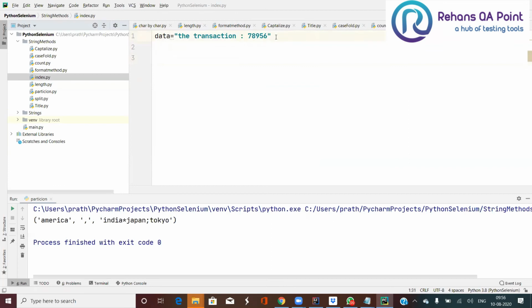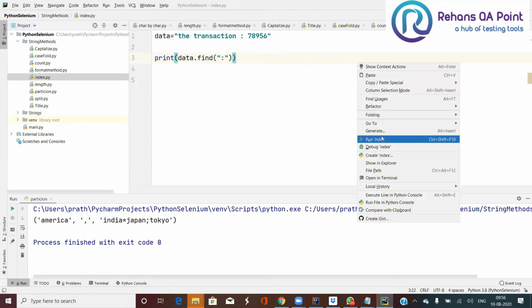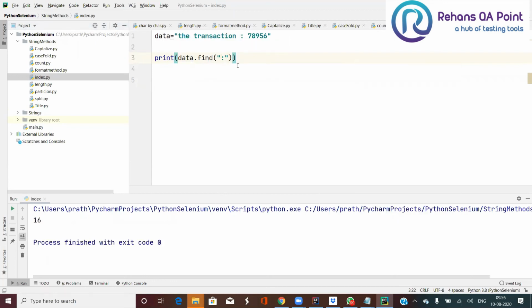So how to get that index position? To get it, I'll use print of data dot find of colon. Now it is going to bring you the position of this colon, where exactly the colon is available in the source string. We are going to get the index position.